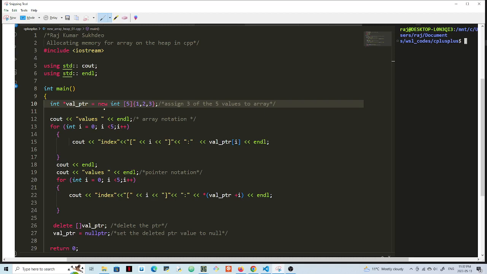you have to use the new keyword, int. What is important is that whatever the type is after new, it has to come here. So new int, and the size of the array is 5, and then I initialize the elements of the array. I'm assigning values of 1, 2, and 3 to the first 3 elements, and then I'm printing out the